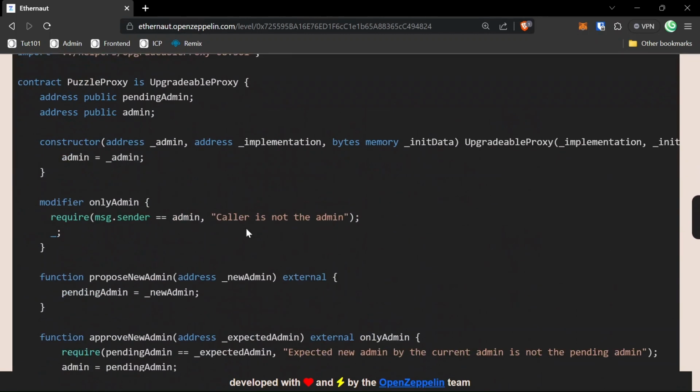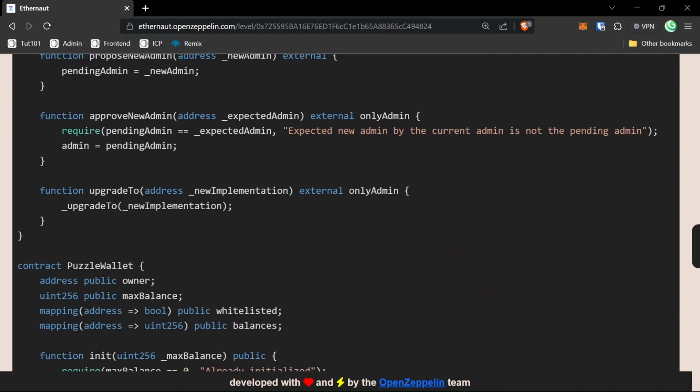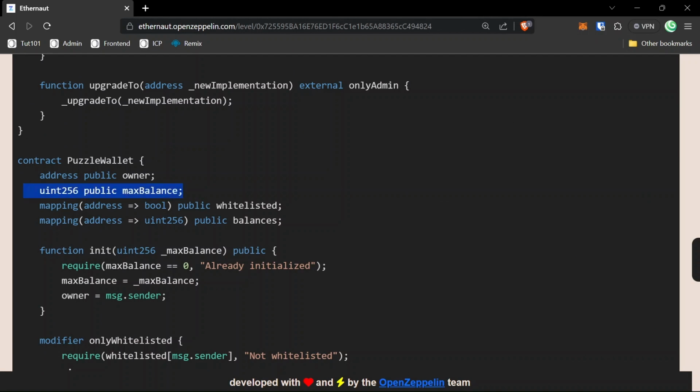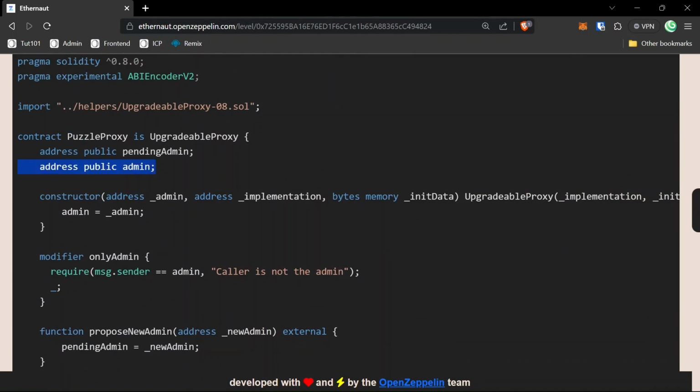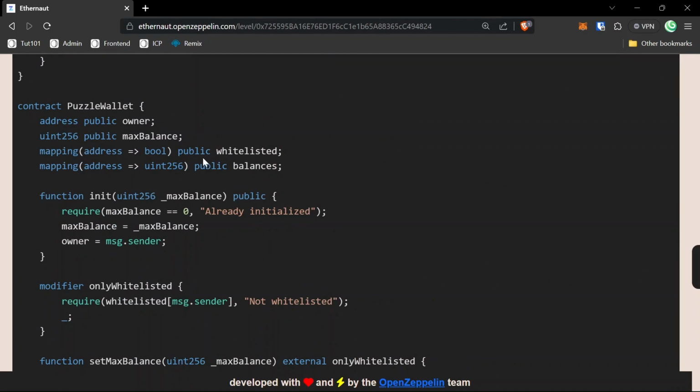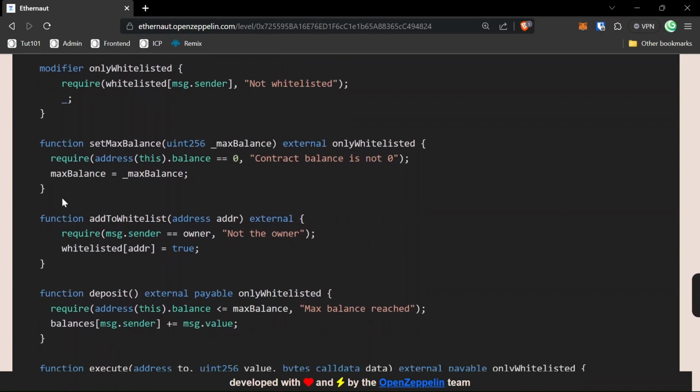So coming to the actual goal of the contract, we need to become the admin, and this is going to be the storage contract. We need to become the admin here, and this is the logic contract. And if we can see, this storage slot coincides with this max balance. So to become the admin, we should change the max balance, and to change the max balance, we have this function